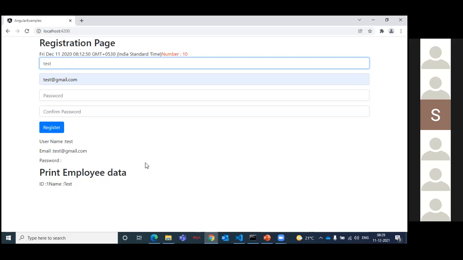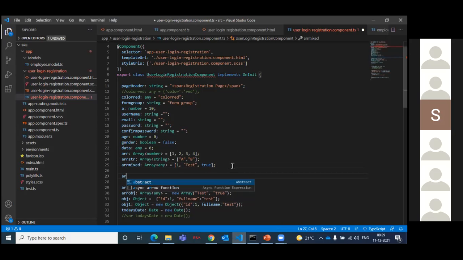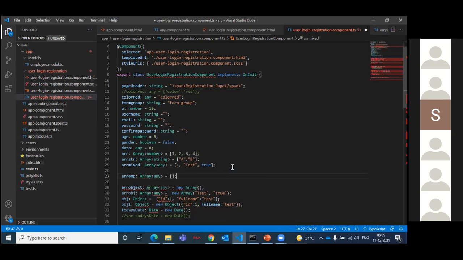But what happened in an array? We don't have any particular key. We simply have plain data. How will it be? Array employee details. For example, if I say arr is equal to test@gmail.com, and if I say @gmail.com is not required, you remove it, then 1, comma, some data.